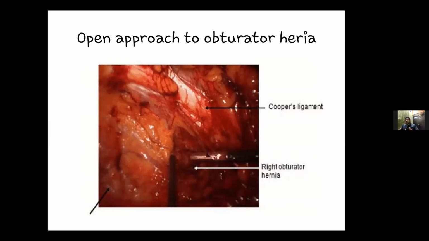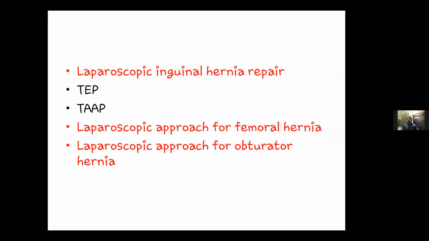or to aid the reducing of the content, followed by which in this case a suture repair can't be done, because on one end there is the obturator fascia and on the other end there is a bone upon which nerves and vessels run. So most of the time mesh is placed to repair it. If the area is infected, or if the patient cannot afford the mesh, the broad ligament can be cut and placed in place of the mesh. So it's a plasty you have to do. Yes, sir. Okay.